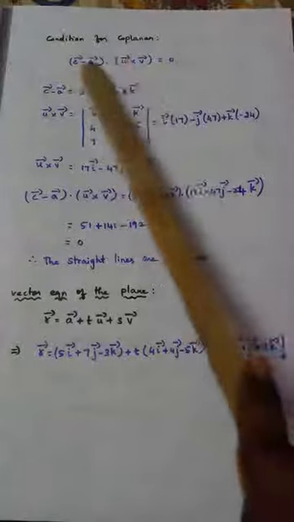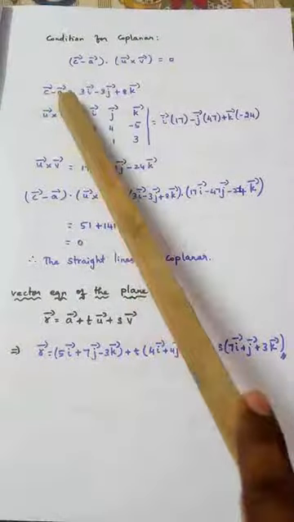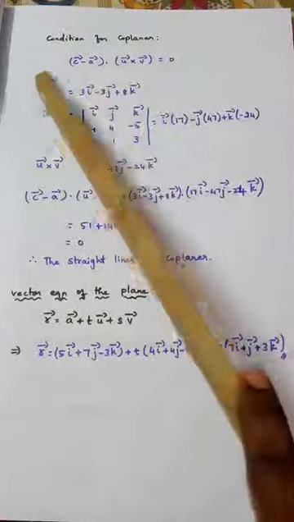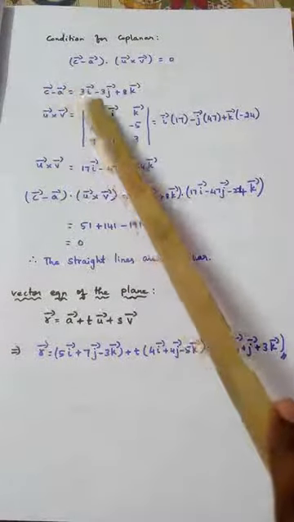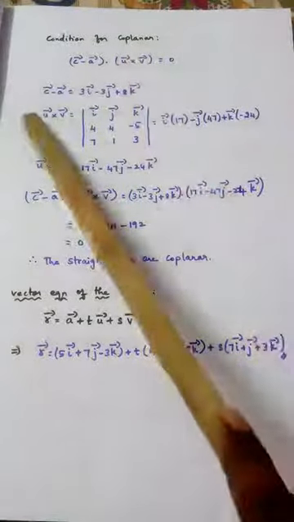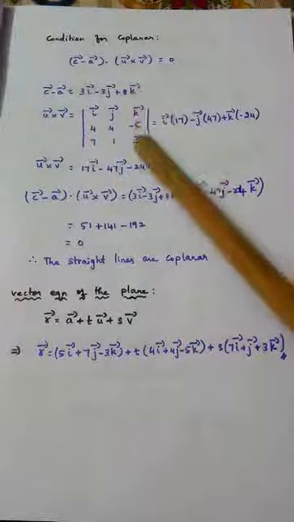So first I am finding c vector minus a vector. Don't ask how this comes, because we have already written what is c and what is a. Just subtract that and see whether you are getting this answer. And then we need to find u cross v. U cross v can be found using a determinant like this.